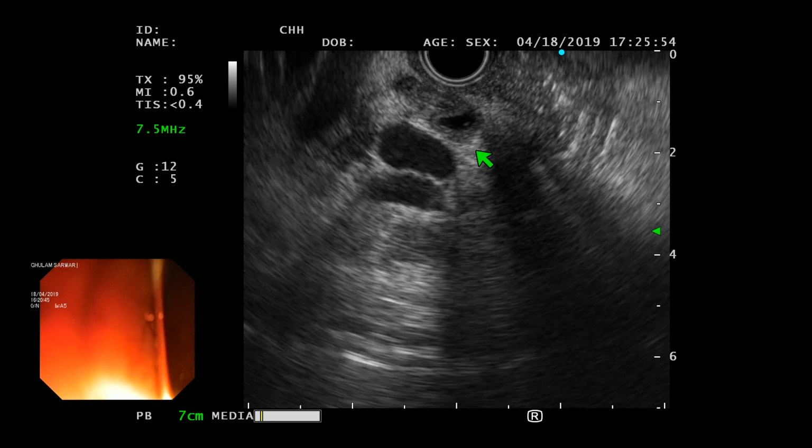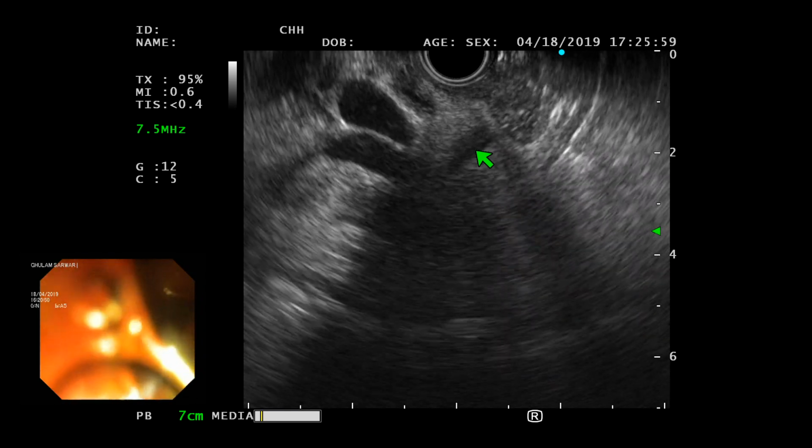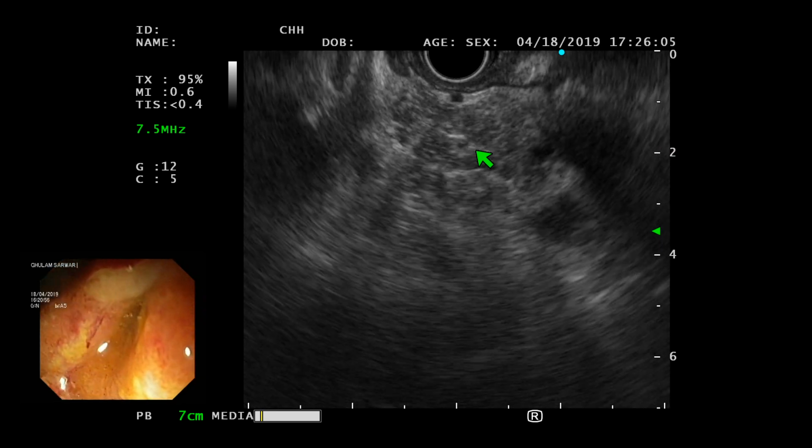In the meantime, Farooq wants you to show us the distal end of the CBD if possible. Is the thickening going right up to the...